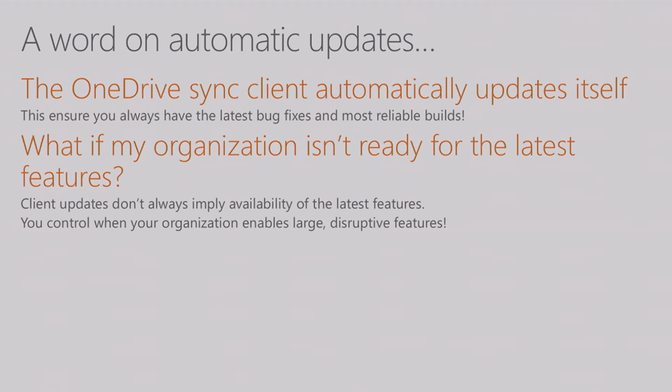A good example of that is our team site sync stuff. A bunch of you may have the new, next-gen Sync client currently doing OneDrive for Business, and you still have the legacy client doing all of your team site work. And you're going to want to plan that deployment.